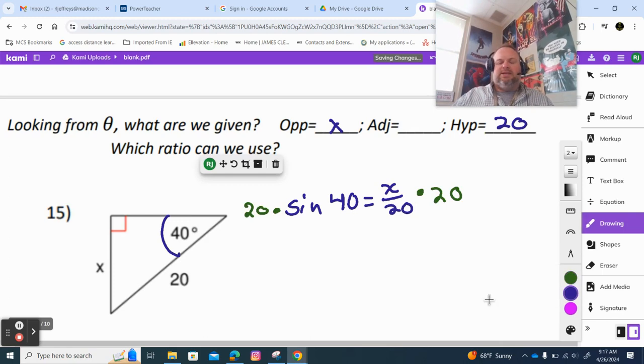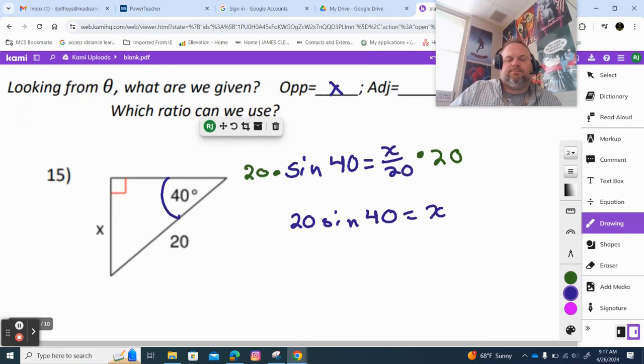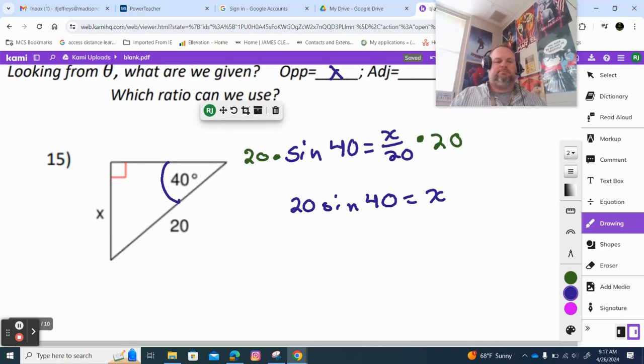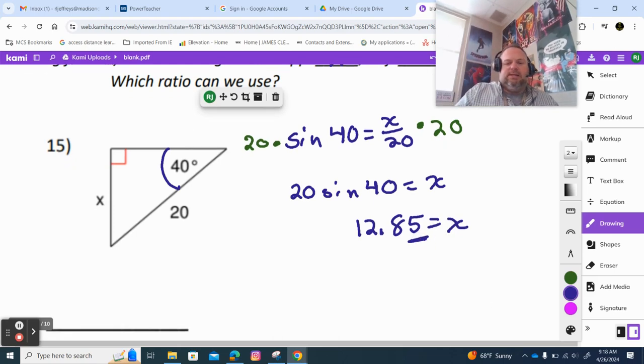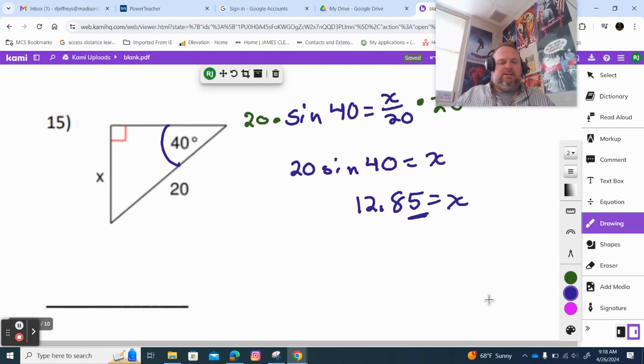Some of y'all may have seen a pattern to the problems that I am picking for this. Okay, this gives us 12.85, nearest tenth. So this gives us for a final answer